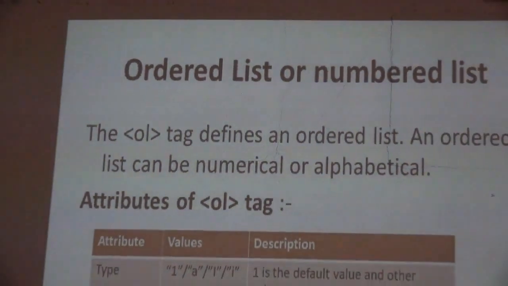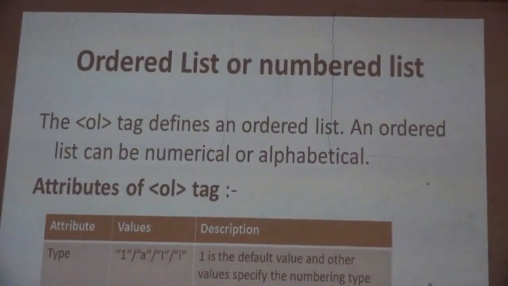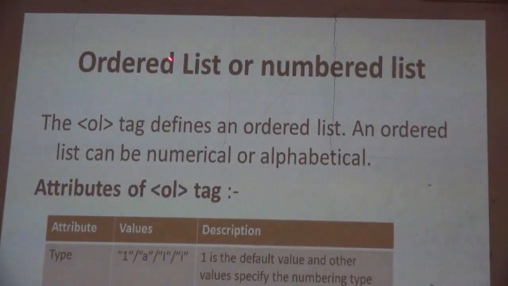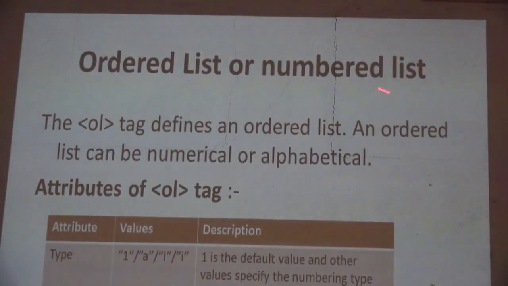Next, ordered list and unordered list. The ordered list has another name, numbered list. Ordered means we are maintaining some sequence. Okay, it may be alphabetical, it may be numerical. So maintaining some sequence. For example, in our attendance, if the student has a surname starting with A, that student has roll number 1. Again next B, C, D up to Z. Okay, so an ordered list in HTML is such a type. So another name for the ordered list is numbered list.